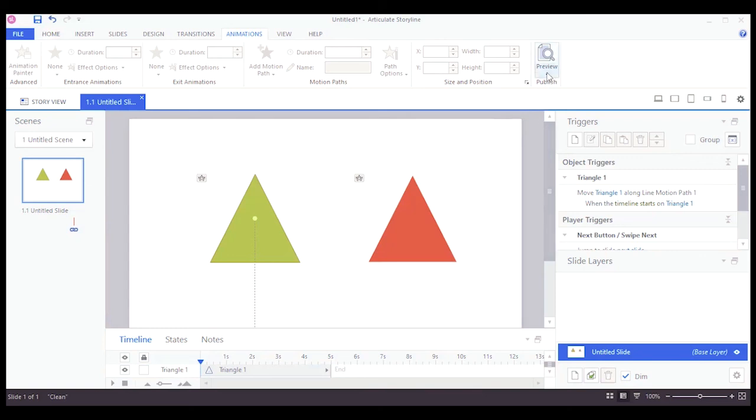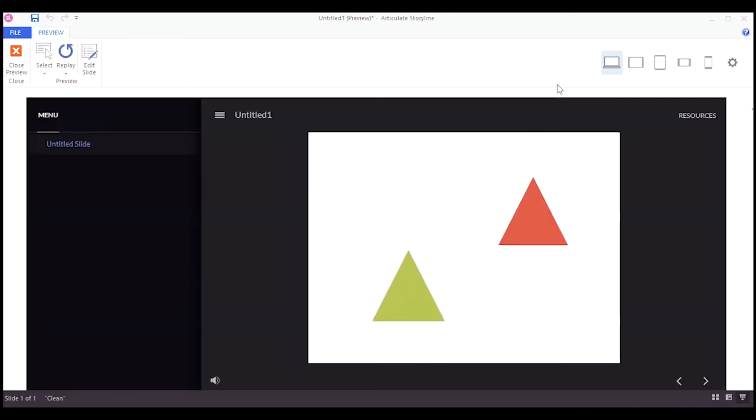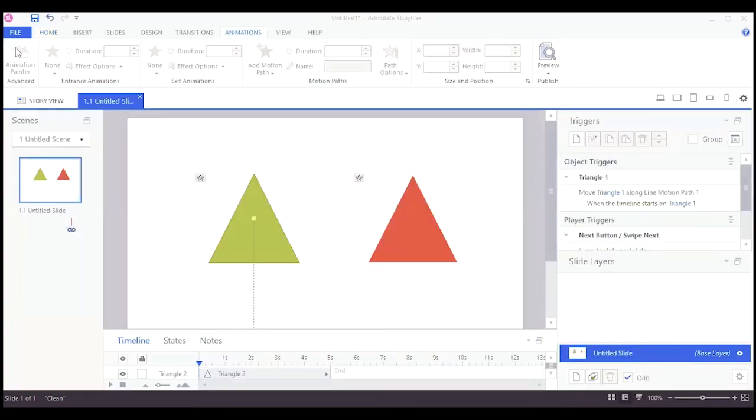Let's go to the preview option and we will go to the slide so that we can see the effect of the animations we have asked the software to apply when the user clicks on this slide. So we will click on this slide. As you can see, we had two triangles, and the way they acted and behaved based upon the motion path and the animations that we decided for them gives us a clear idea that we can always go back and either edit them or keep them as they are.